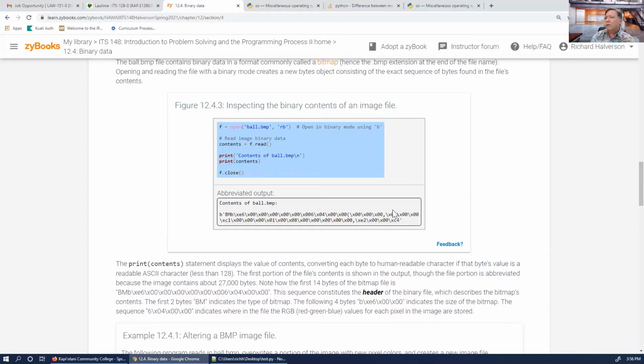And if you deal with binary files, it's probably just a matter of copying a binary file from one place to another, in which case you're treating it as the whole file at once. You aren't going to parse the file. You aren't going to look inside of it and take parts of it out,